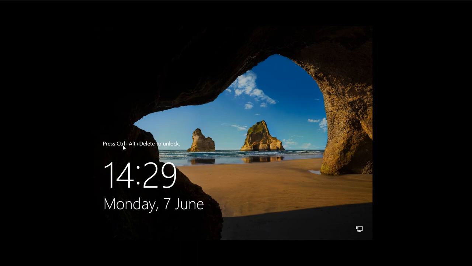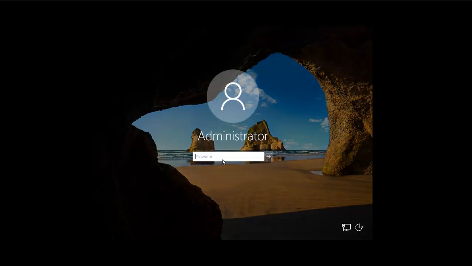To get started, you would press Ctrl Alt Delete to start the screen. Ctrl Alt Delete is for a real machine, but because we are using a virtual machine, VMware, we will press Ctrl Alt Insert here. Now we will give the password we have decided. And the installation is now done.